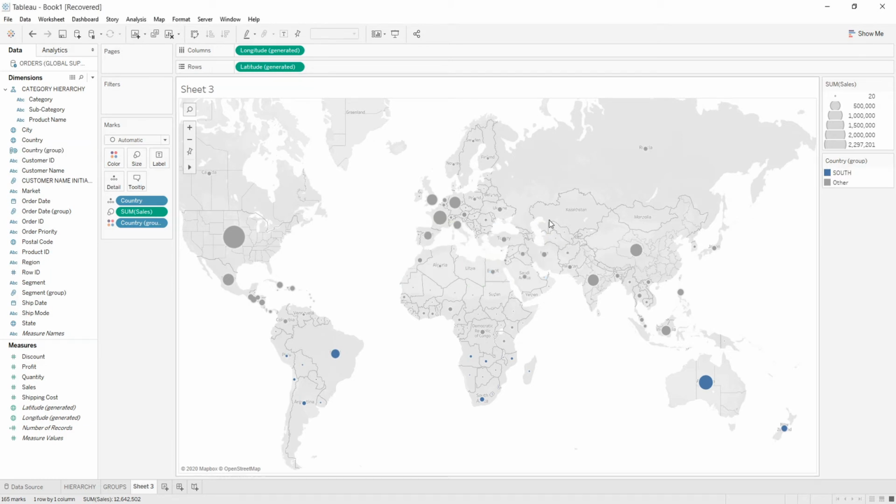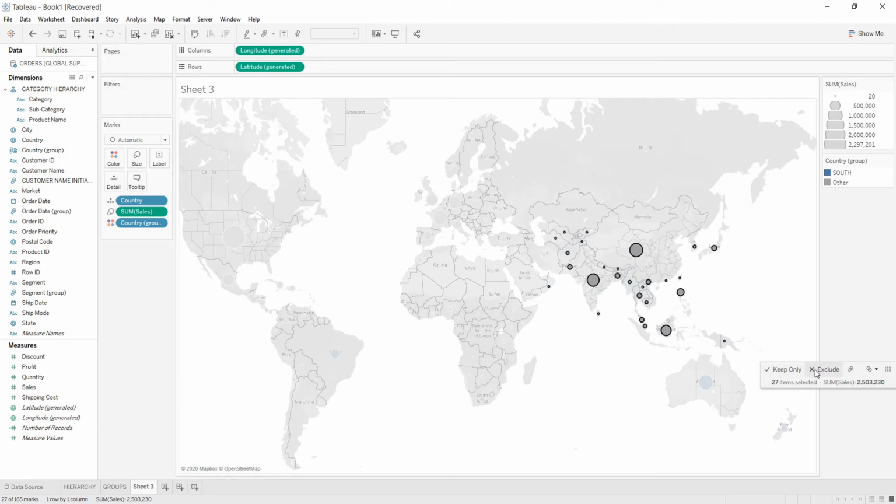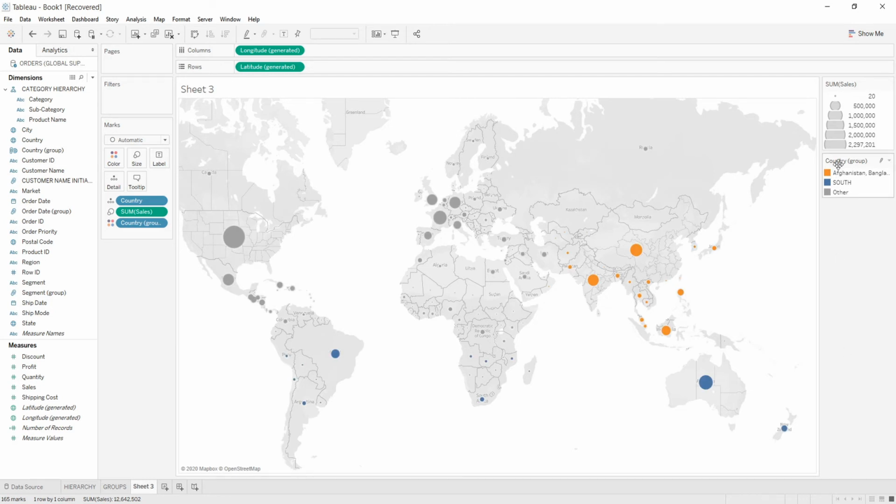Further, I have to select the east portions, and after selecting the east portion, I have to click on this group member, and by clicking on it, it will be added to the right side of the group card, where again I have to right click on it and go to the edit alias option, and I am giving it the name east and clicking OK.